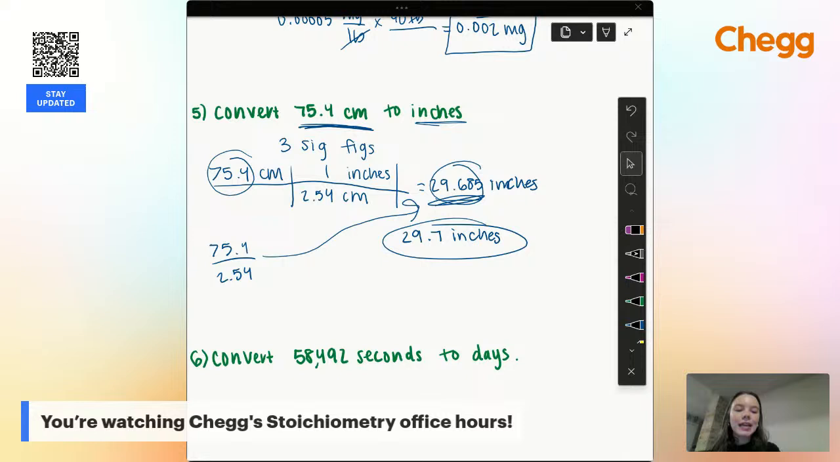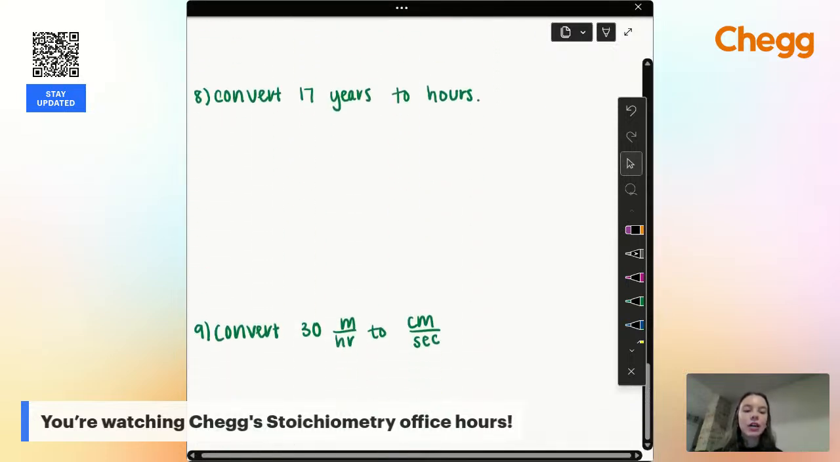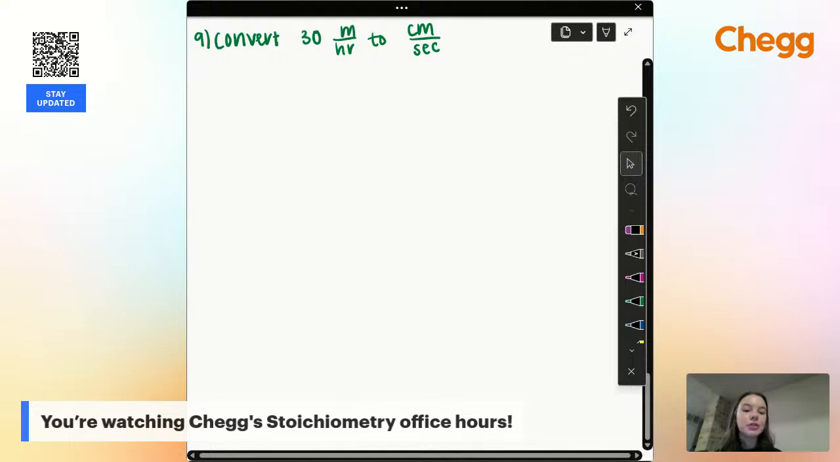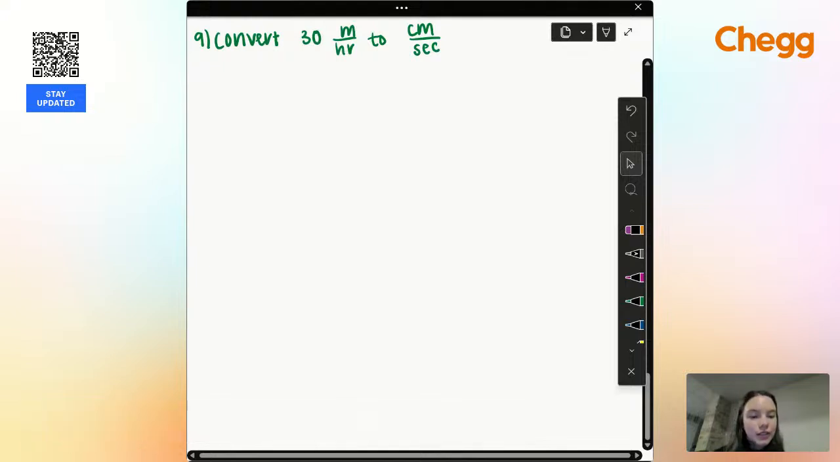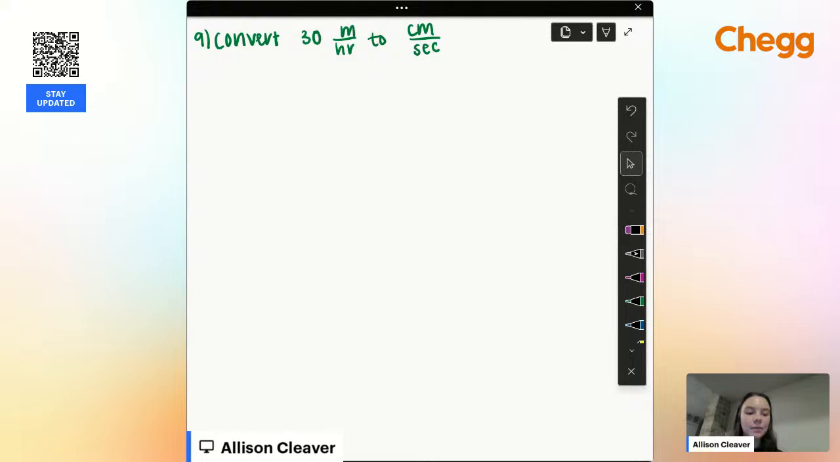All right, so we had a question from Extraordinary Explorations on YouTube. What mass of silver oxide is required to produce 25 grams of silver sulfadiazine from the reaction of silver oxide and sulfadiazine? So, first step with this one is a little bit complex. We need an equation of